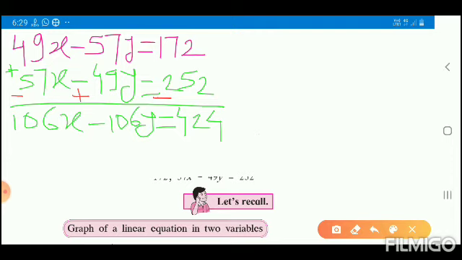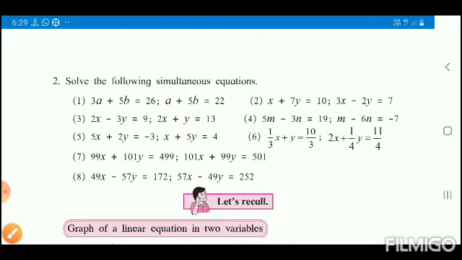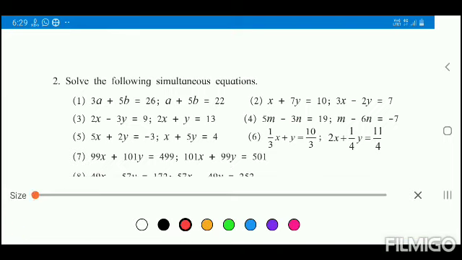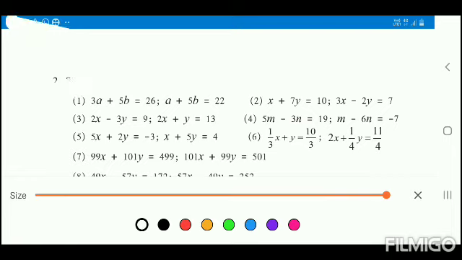Look, again I will tell you. First equation, do you understand the first equation after adding these two equations? After adding, you are getting